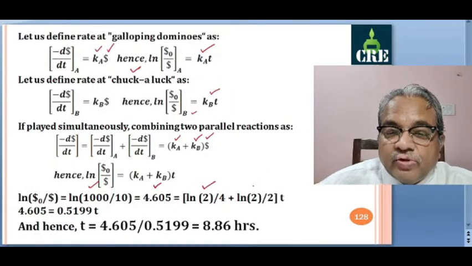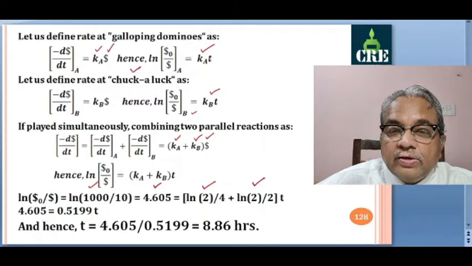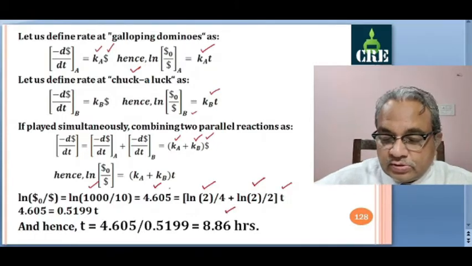half life, half the value. So here also same thing, half of its value. And this Ka is ln of 2 divided by t. So here in first case you have 4 hours, in second case t is equal to 2 hours. So substitute all these values, only t is unknown, you can calculate t, it comes out to be 8.86 hours.